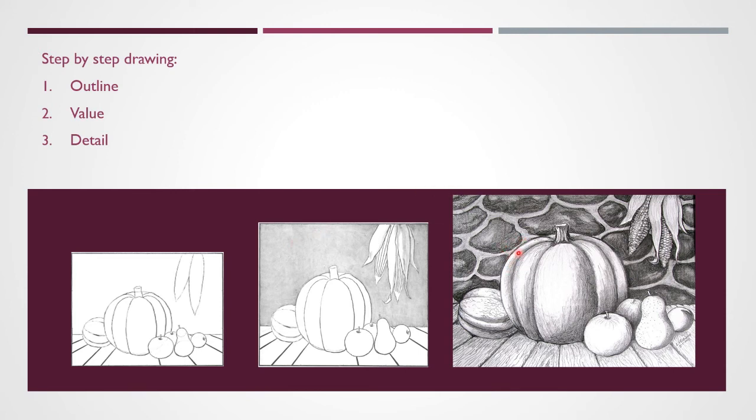In this, the details are the kernels of the corns, the lines in the leaves, the design of the stucco on the wall, and you can see how the shapes are given value by the reflection of light. The reflection of light is coming from the left side on this pumpkin, and it is darker on the other side, and that can easily be shown by the way it is cast. This is what is called adding detail and value to a picture.